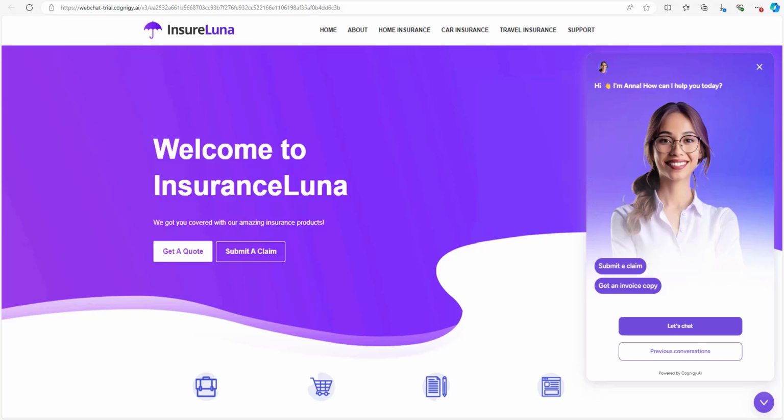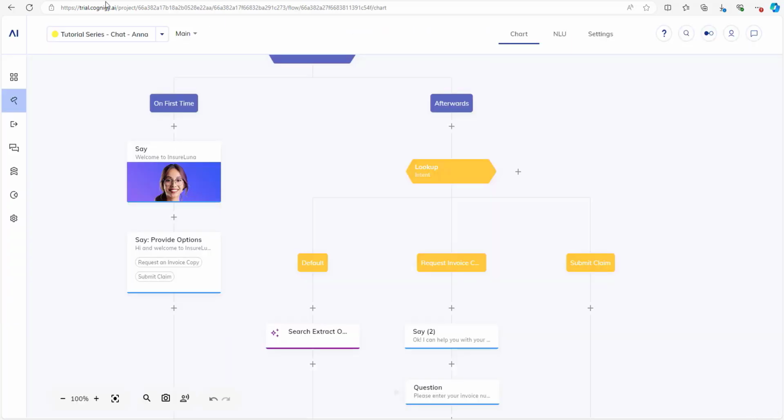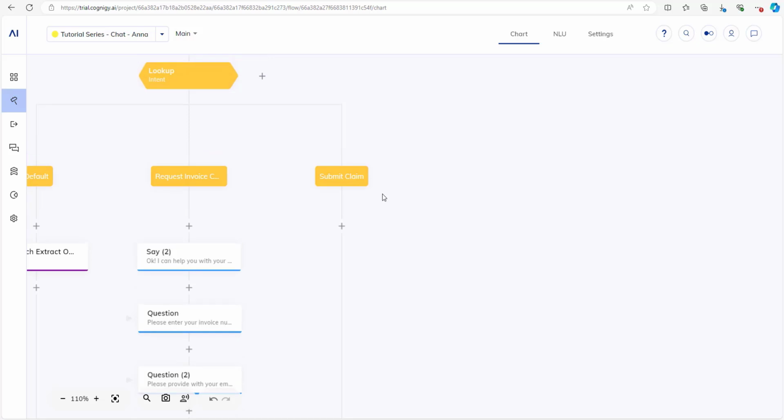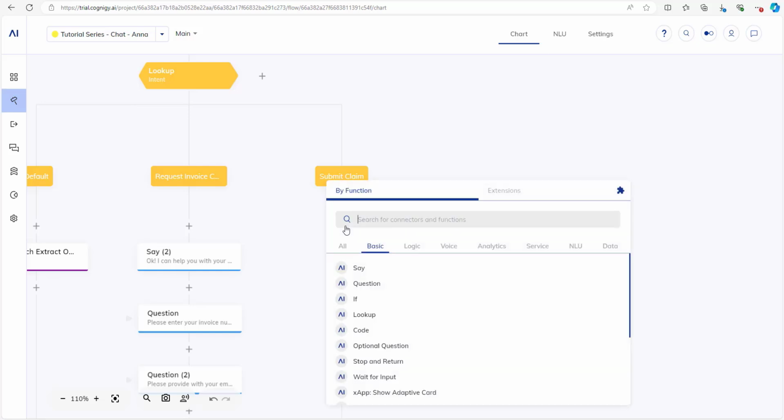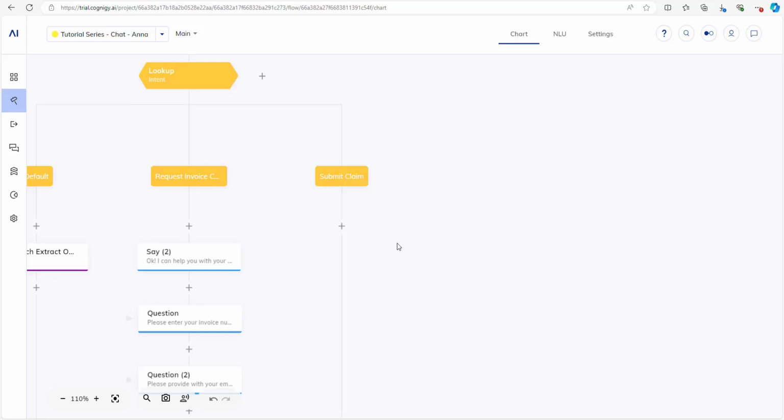All right, we're almost there. So let's go back to the flow and actually look at the submit claim process. So we created the intent, it's able to recognize it, but we need to build out the process itself. So we add a question node, so what we start with,